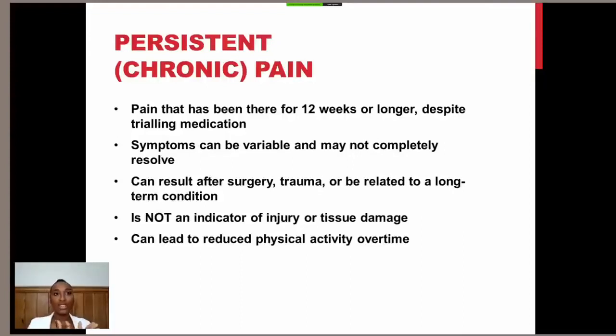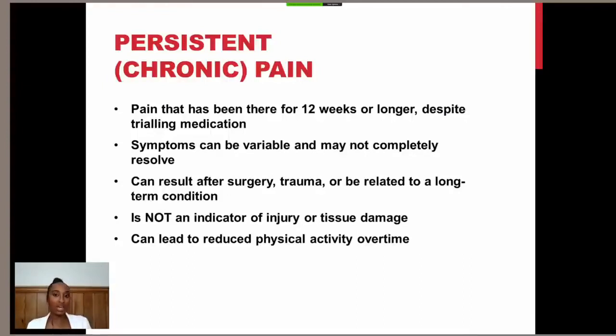So, the fact that it's been there for 12 weeks or longer, if we think about the body's healing process or healing timelines, any injury will get better within 3 months. So even a fracture, within 3 months, that healing process would have come a significant way in. So it's not an indicator of tissue damage.